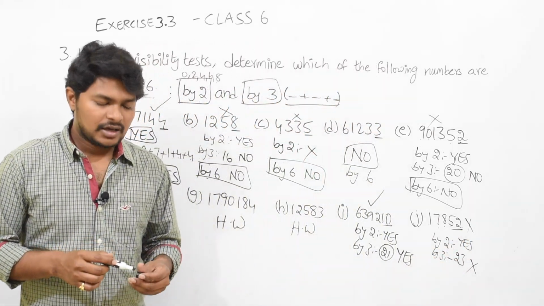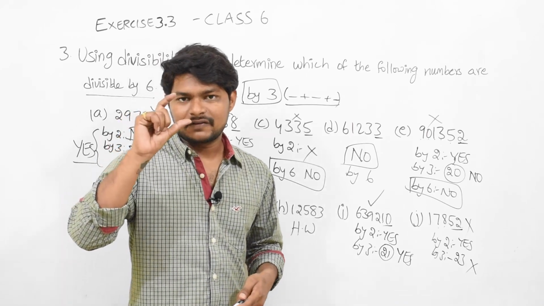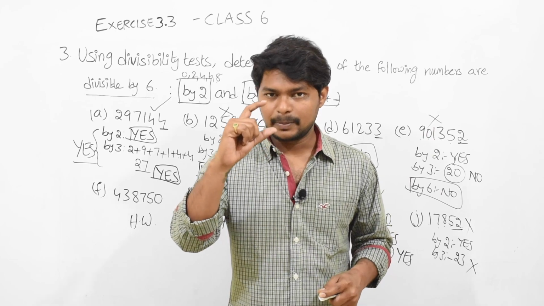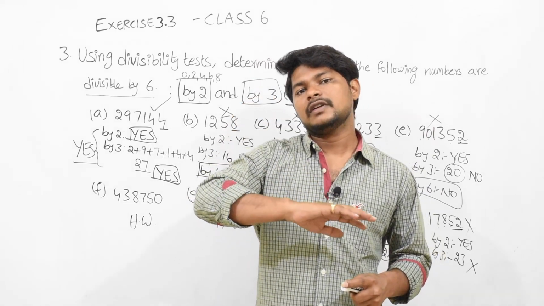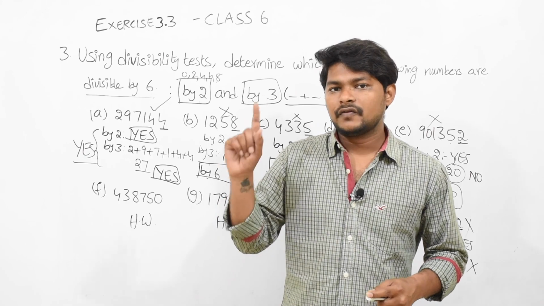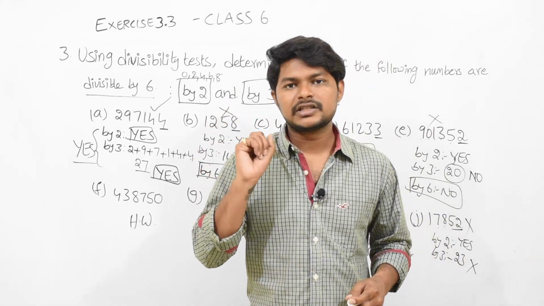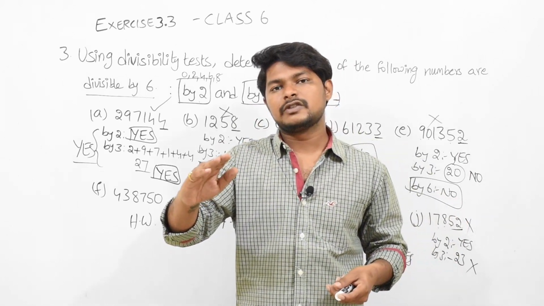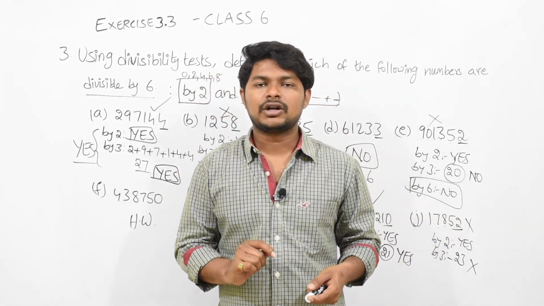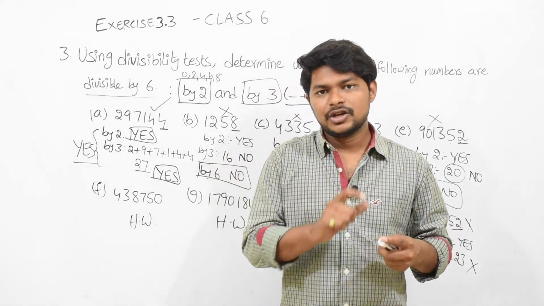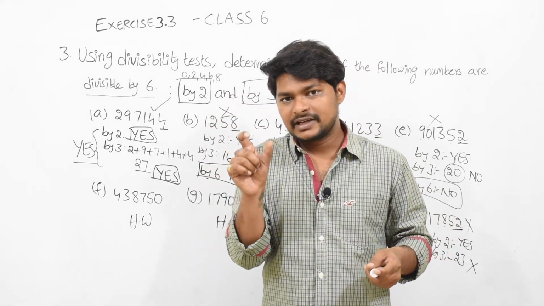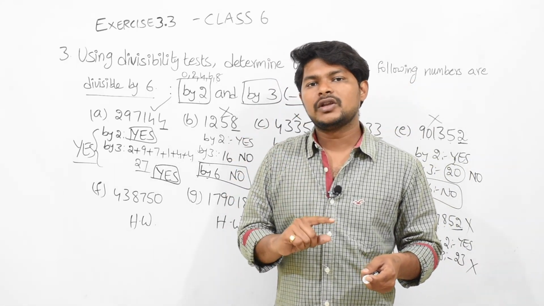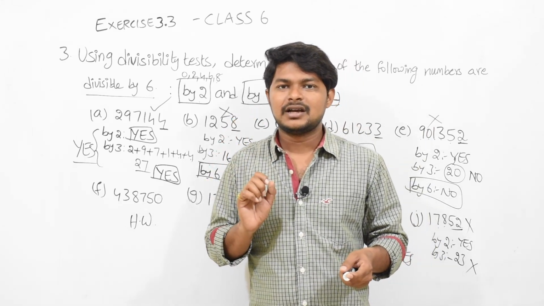These are very easy concepts. Just one thing you need to understand properly. If you are able to solve for one particular number, the same formula we will repeat for any number. For divisible by 6, first you should check whether it is divisible by 2. If it is yes, then proceed for divisible by 3. If it is not divisible by 2, straight away you can say that it is not divisible by 6. For divisible by 3, you should add all the digits. That final sum should be present in the 3 table, or it should be divisible by 3. Then only we can say that it is divisible by 6.